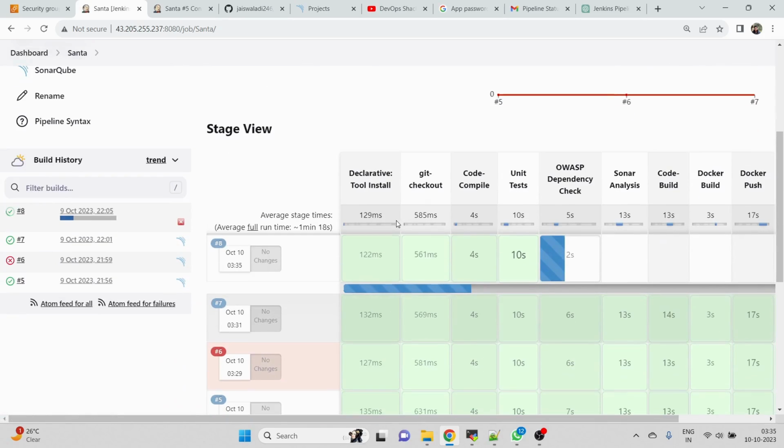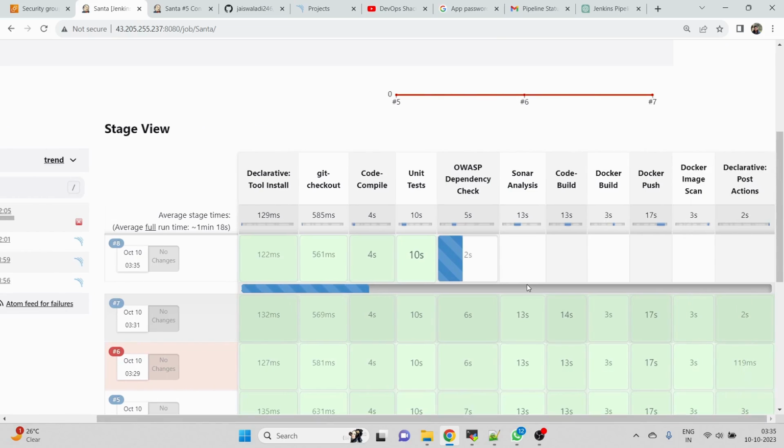Okay, let me see how much we have run. Unit test completed. OS dependency check running. Okay, let's wait for it to complete first. It just takes a few seconds only. Once this part is completed, then I'll explain the concept of Jenkinsfile, what exactly it is and why we have it. Also, I hope you have understood how we are configuring this whole thing,